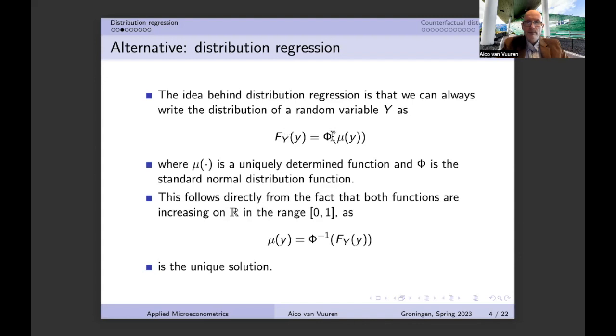And this mu is going to be a uniquely determined function. We're going to look at this, then you might also say that it's always possible to transform a random variable into another random variable, that is mu y that we have over here, which is going to be, say, normally distributed. That looks like a very general statement and maybe also a very restrictive statement, but actually this statement is